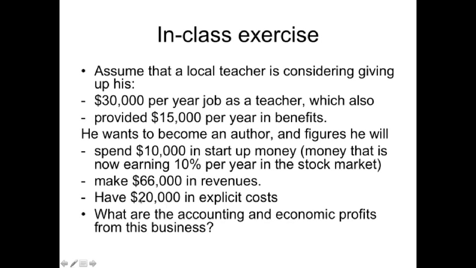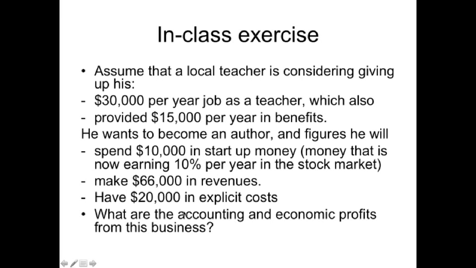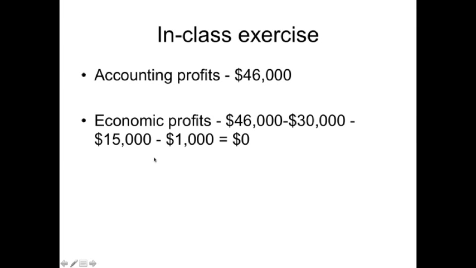66,000 in revenue minus 20,000 in explicit costs. The accounting profit is just the 66,000 minus the 20,000, $46,000. As far as the economic profits, we start with that 46,000, and then we need to subtract the lost income, which will be 30,000. Here, the benefits play a role as well. And we'll just count this at the same ratio, each dollar in benefits we'll assume is like cash. So that means 45,000 in lost wages and benefits should be considered, as well as